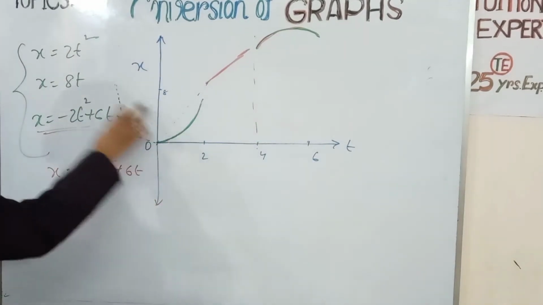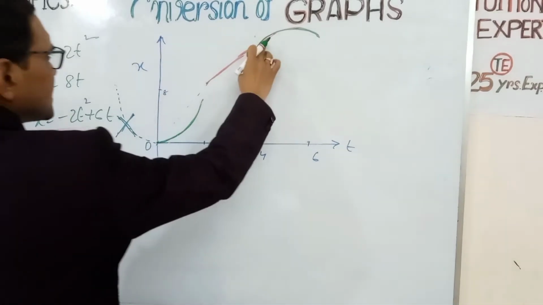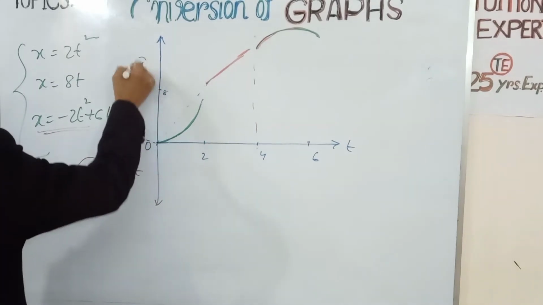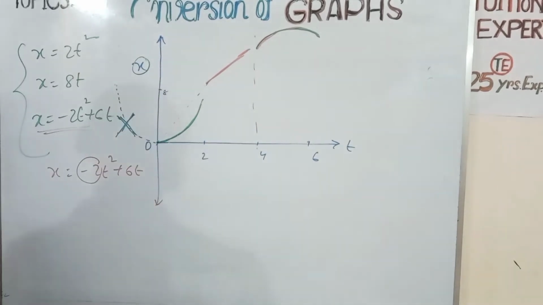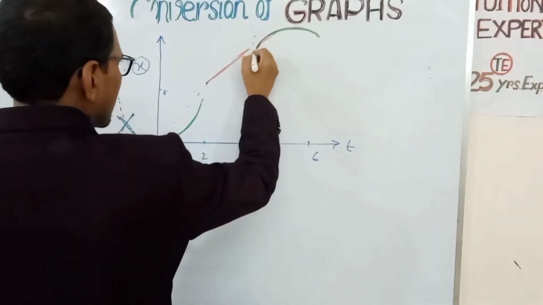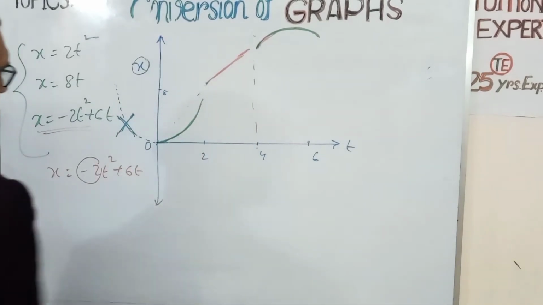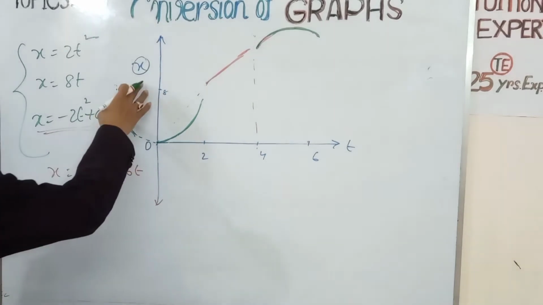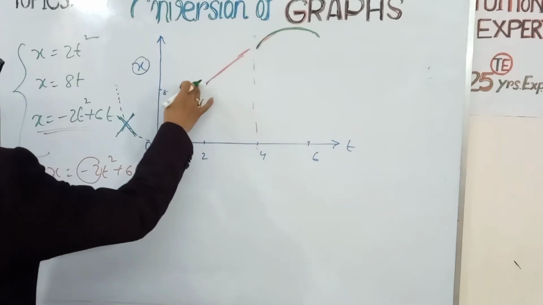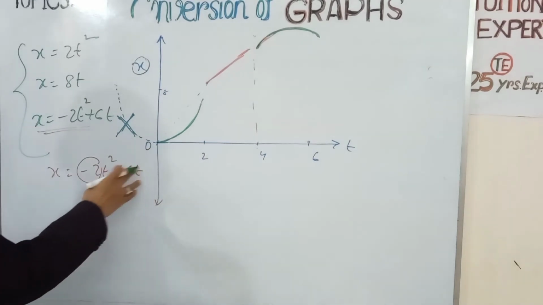The first portion is a parabola, the second portion is a straight line from 2 to 4, and 4 to 6 is also a parabola, but its opening will be towards the negative x-axis. So the third part is like this. The curve may be discontinuous, as the acceleration graph is discontinuous, so the xt curve may be discontinuous, because at the same time there are not two displacements. So this is a discontinuous graph, but the curve will be like this.